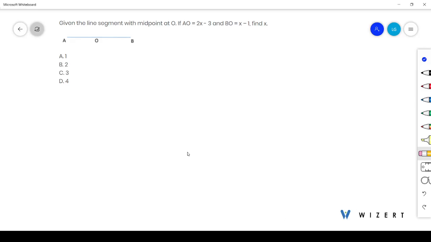Our question is, given that the line segment AB has a midpoint at O, if AO equals 2x minus 3 and BO equals x minus 1, find x. As O is the midpoint of the line segment AB,